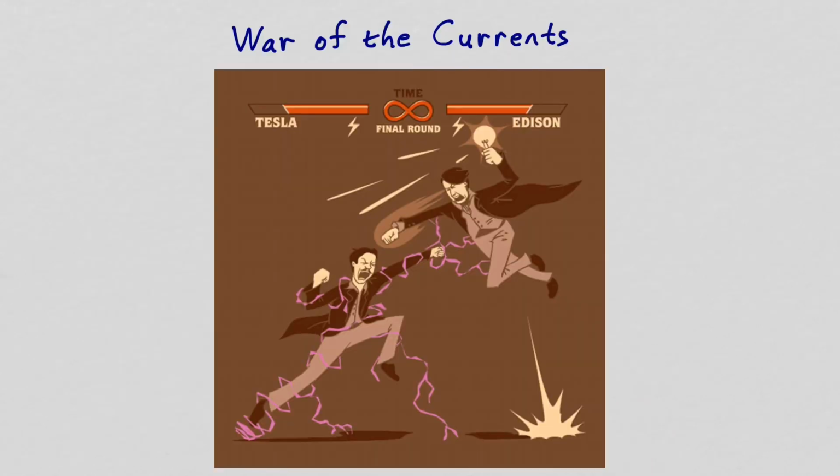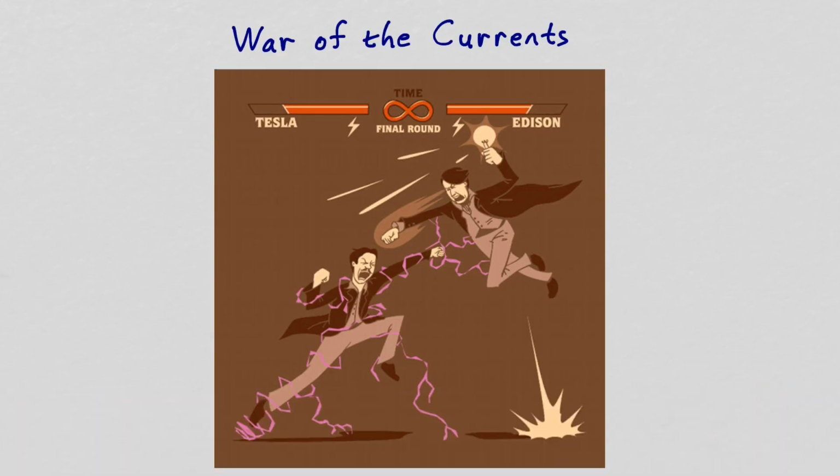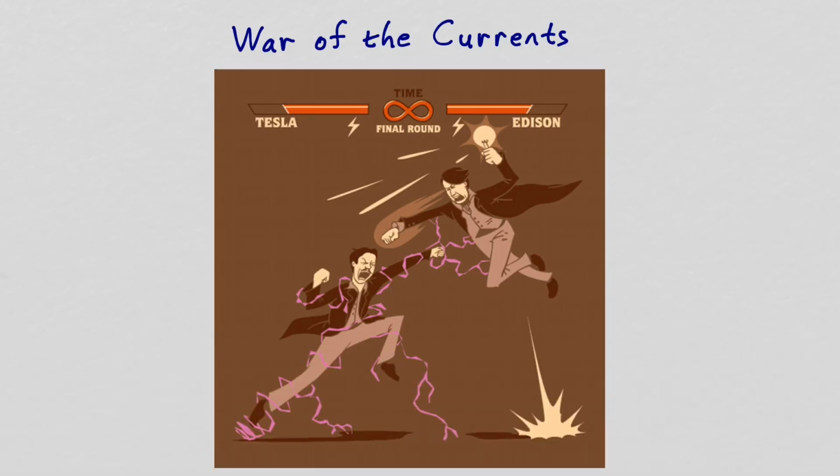The war of the currents involved how electrical power was going to be distributed. Was it going to be distributed by DC or by AC? And the transformer played an important role. Nikola Tesla grew up in Serbia, and he was educated as an electrical engineer. And he went to work for the Edison Company in France and eventually moved to the U.S. to work directly with Thomas Edison.